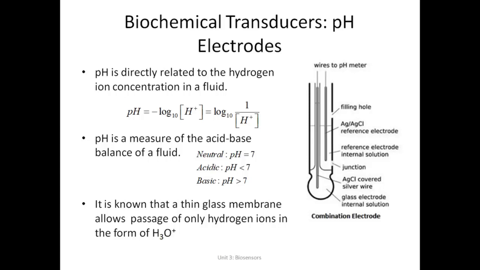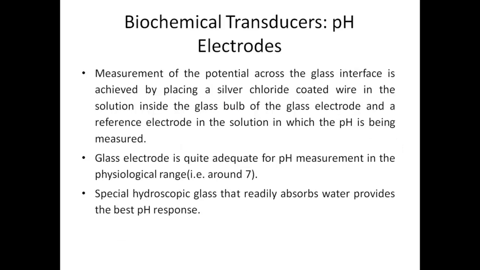Now, it is known that a thin glass membrane allows the passage of only hydrogen ions in the form of H3O plus. This fundamental is used to measure the pH of body fluids using a glass electrode. A glass electrode provides a membrane interface for hydrogen. Measurement of the potential across the glass interface is achieved by placing a silver chloride electrode in the solution inside the glass bulb of the glass electrode, and the reference electrode in the solution in which the pH is to